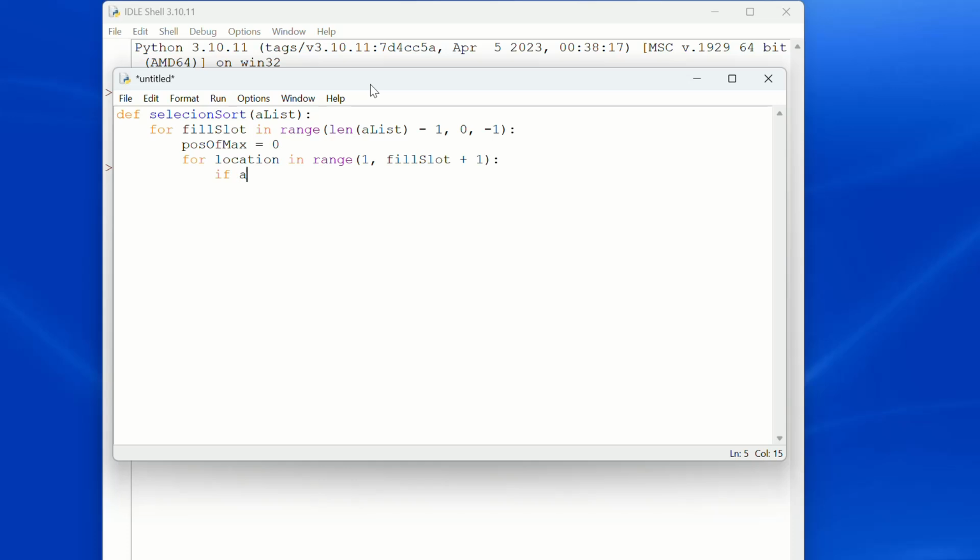So in here we're going to check to see if a list location is greater than a list position of max. Then we're going to set position of max equal to location. Okay, so we found one that's greater than our position of the maximum number, and that's why we're going to change it there. And then that's the only thing we're going to do in there. So that means we're done with the if statement,